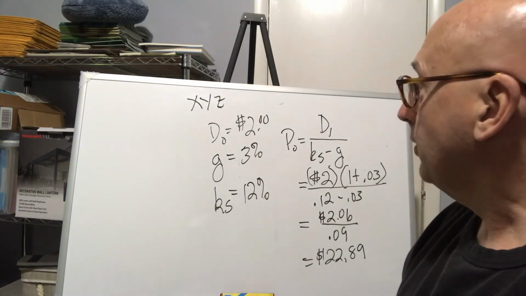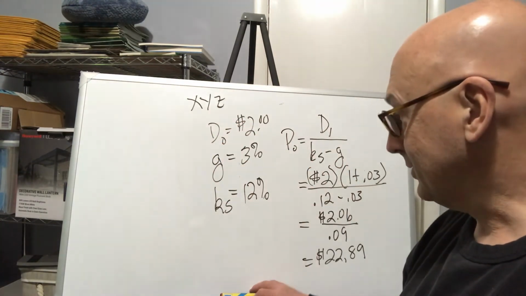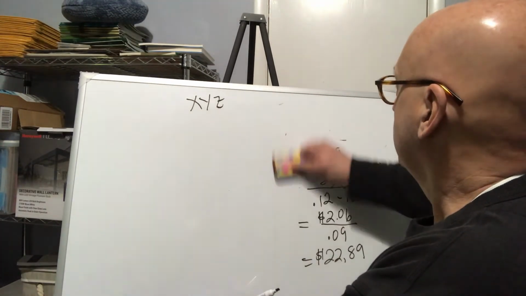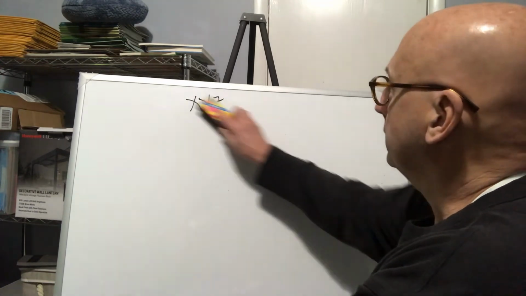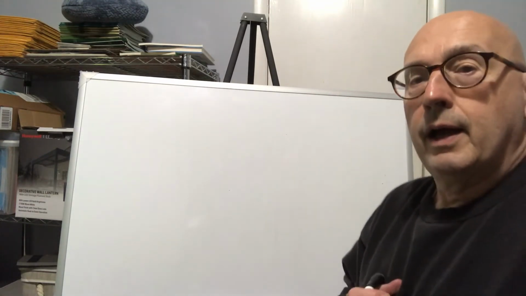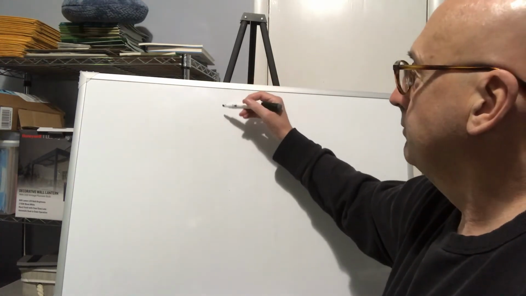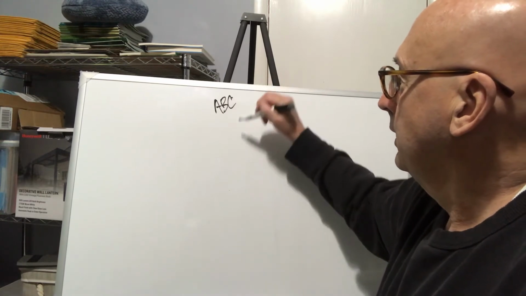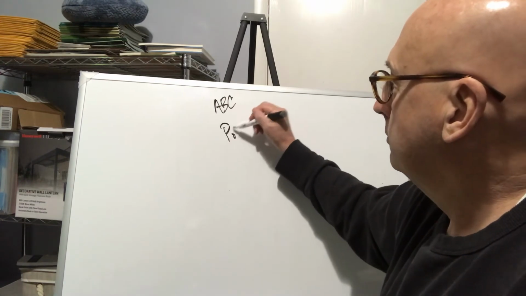Okay, so once again, you just got to be careful about the information you're given and then what you're trying to solve for. All right, let's go to the other problem I mentioned. What if I'm looking for the required rate of return on the stock? Well, there you're going to be given different information. Let's suppose we have ABC Company, and ABC Company is currently selling for